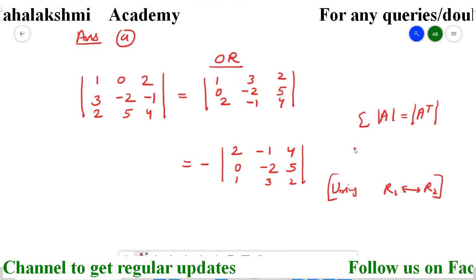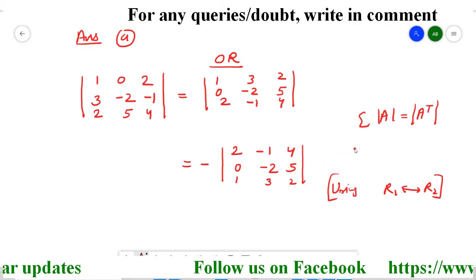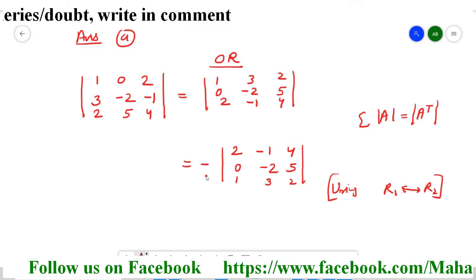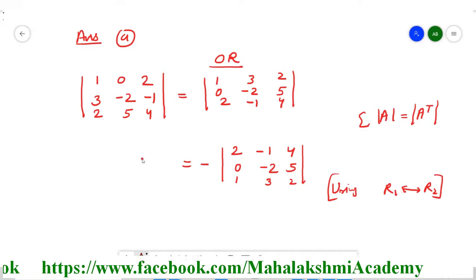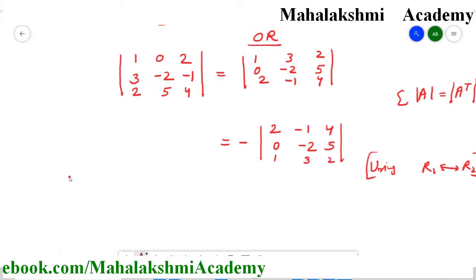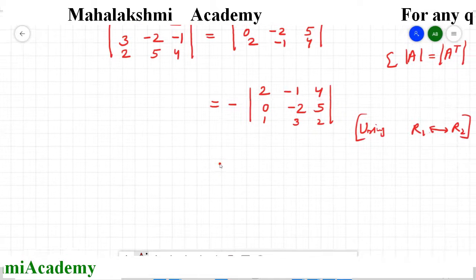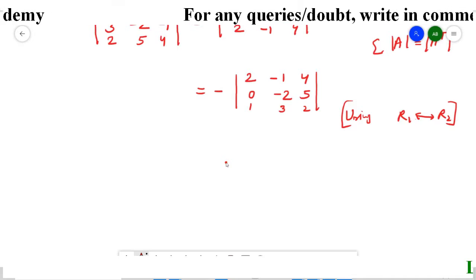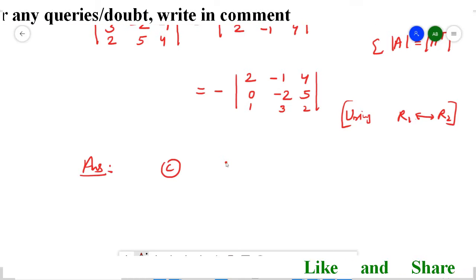So you just see here, in the book they selected the C option, but in C they have not put the negative sign. So you just do the correction. Negative sign is needed. Again I am repeating, in question number 4, they selected the C option, not the first option which I selected here. But according to me, the first one is also correct. And the C can also be correct if they apply the minus sign, but they have not applied it. So you just apply it, because in board exam anyhow you will not get the wrong questions. You just do by your own way and you will get your correct answer. So by this transpose method we will get the option C, but after the correction.